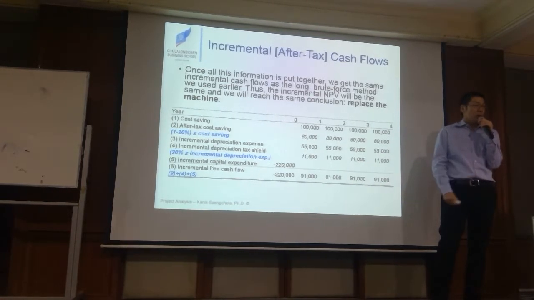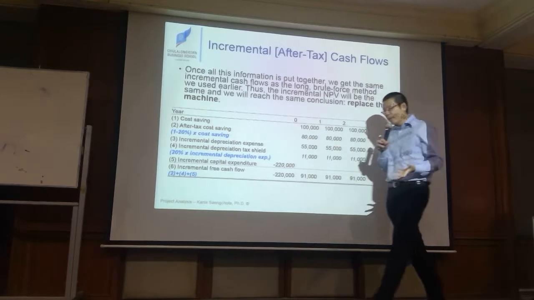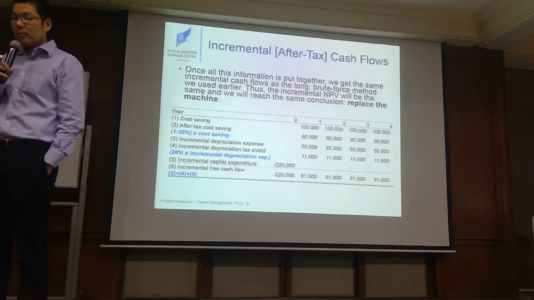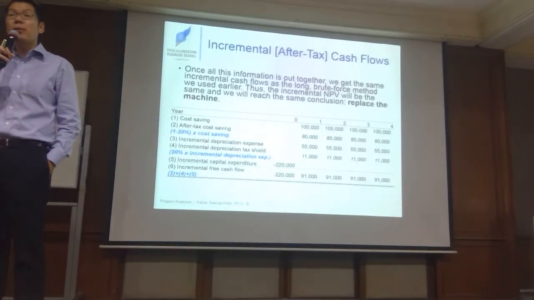And you know what? It's a lot more informative too. We said the NPV is about 60,000 something, 70,000 something. So I could say, if we invest in a new machine, we're going to be better off by about 70,000 baht. Why? Well, it's just better. We have more cash flow. That's all you would have been able to say